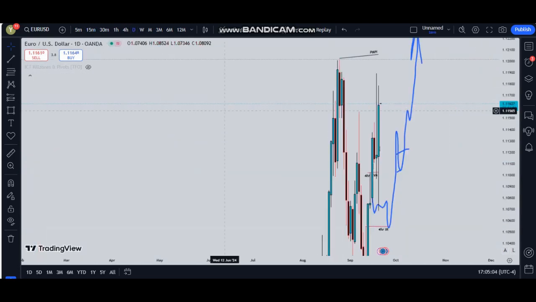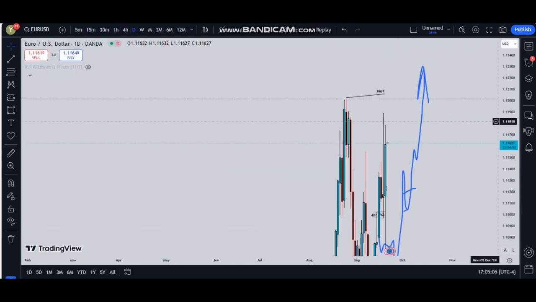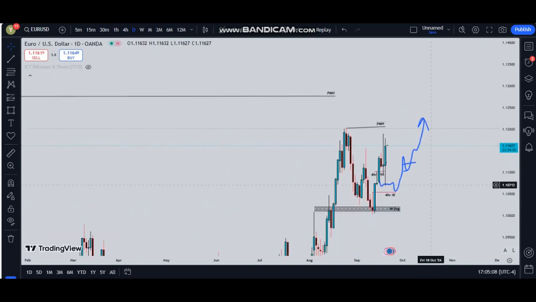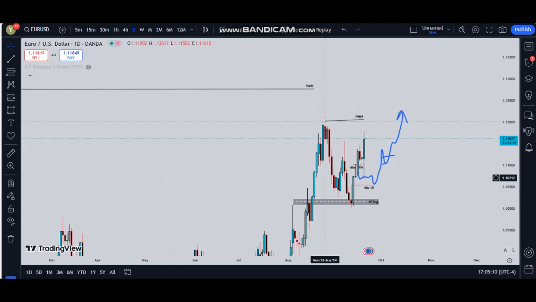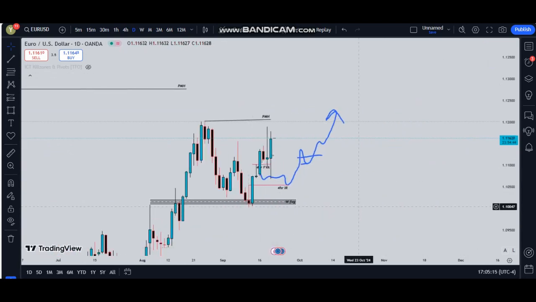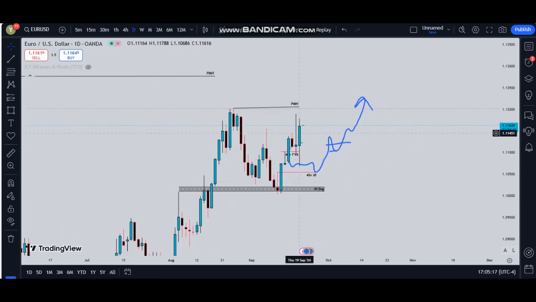Remember, this week we had an anticipation of a sharp and rapid move. As I told you guys, I communicated this move via Telegram. If you are not in the Telegram group, I just joined the Telegram, and I guess we did anticipate this trade earlier, and this is the draw.